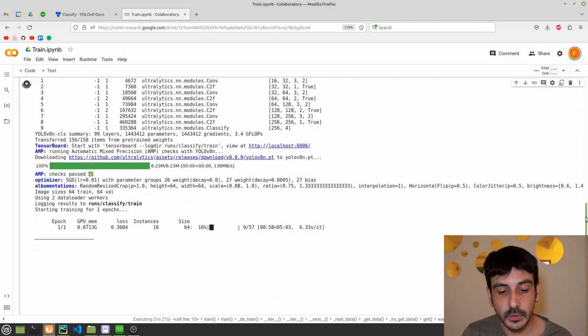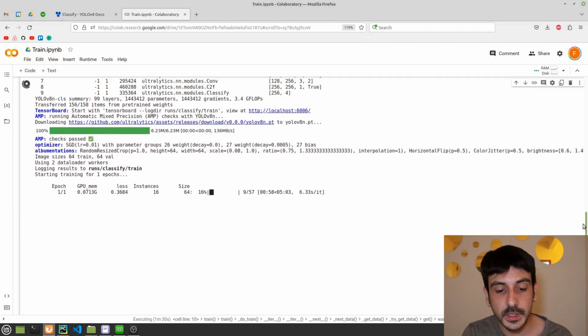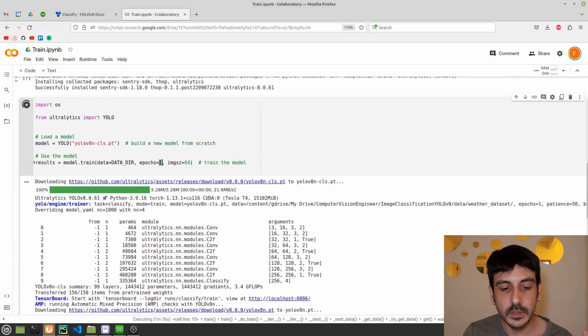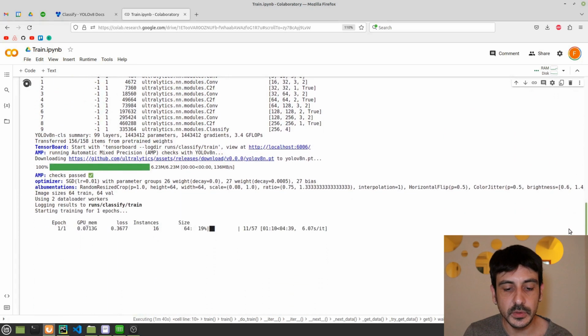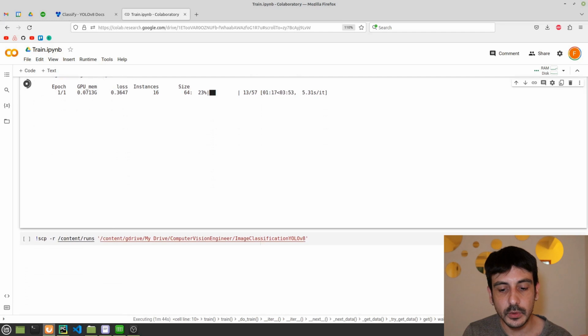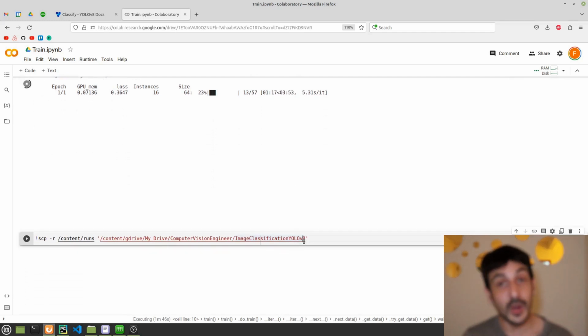Okay, so you can see that now the training process is in progress. Everything is going super well, and from now on the only thing we need to do is to edit the number of epochs, so we do a deeper training. But I will say everything is working super properly. So now let's move to the other cell, so I show you what exactly you need to do once everything is completed.